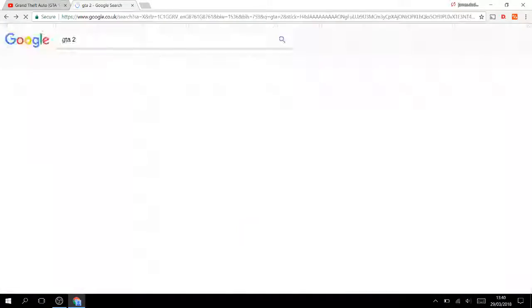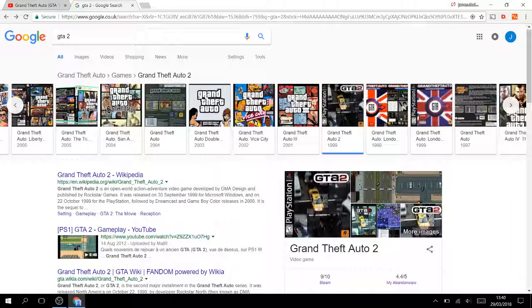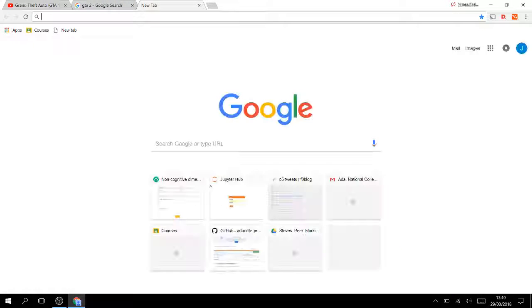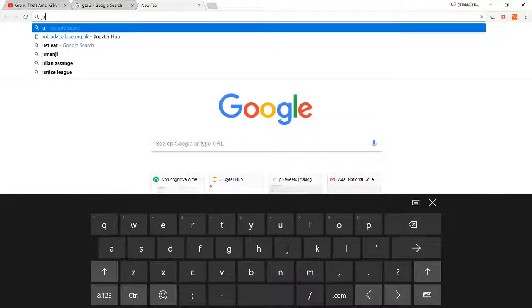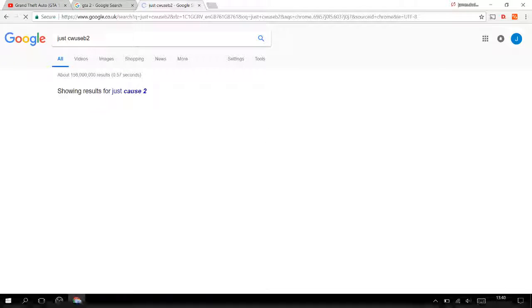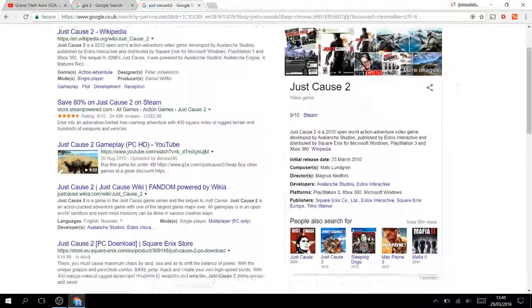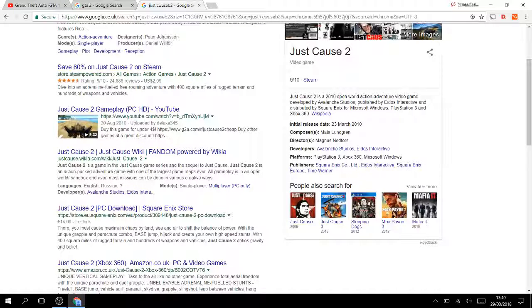Now you see, people started to see this working method. This was something that was working. People were buying, they were liking it. So then you started getting similar companies. If we bring up one of the most famous examples of an open world game, which I'm sure most of you know, which is Just Cause 2. See, Just Cause 2 here. Just Cause 2 was one of the biggest open world games ever made. It's also one of a very successful genre.